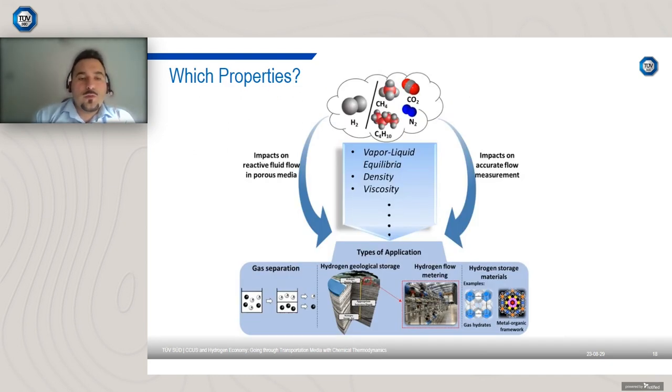And also, it's very important for us to know which thermophysical properties are important for different processes along the whole hydrogen economy system and value chain. So here you can see the potential applications of thermodynamic properties of hydrogen-containing systems for geological hydrogen storage, flow metering, gas separation, and other types of hydrogen storage such as gas hydrates or metal organic frameworks. Thermodynamic data like phase diagrams, viscosity, and density values of hydrogen-containing systems can enable researchers and scientists worldwide to have a deeper understanding of the